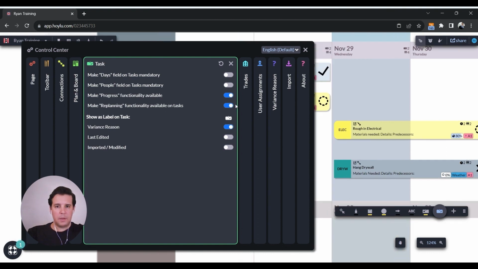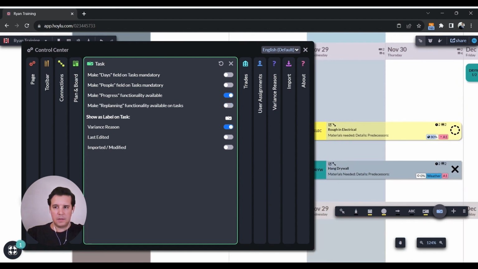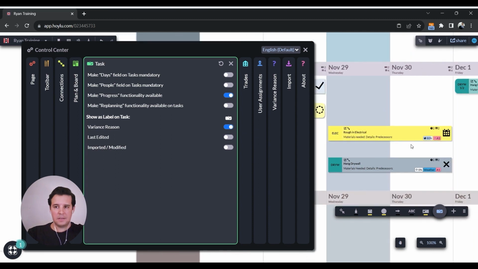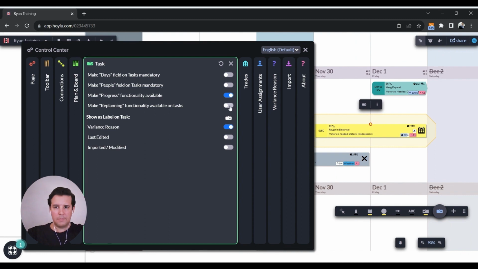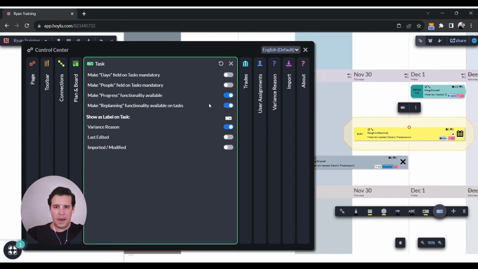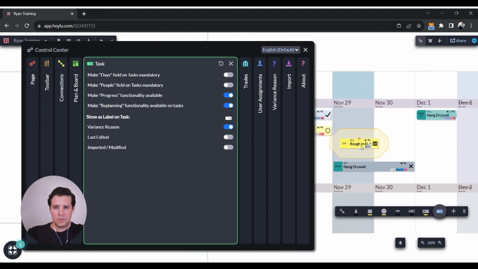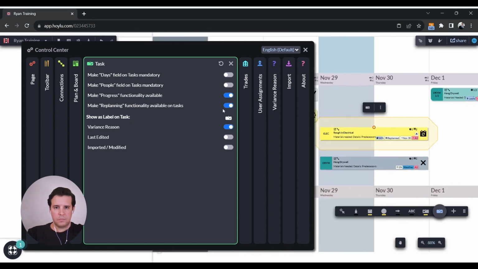We also have replanning functionality. This is something that we discussed with the planned. When a task is in planned, if you move it, we had the replan option. But now because I had turned it off, that option does not show up. So I can show you the difference. So I'll turn it off,